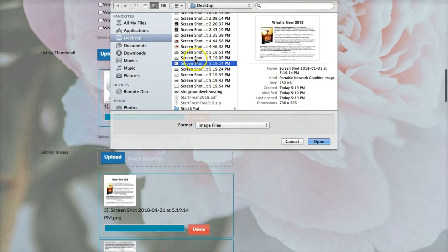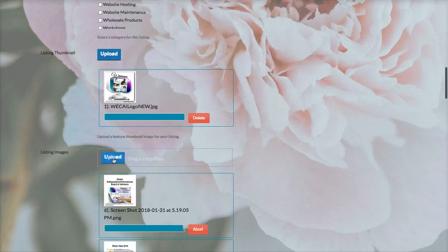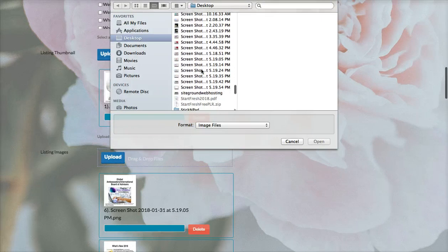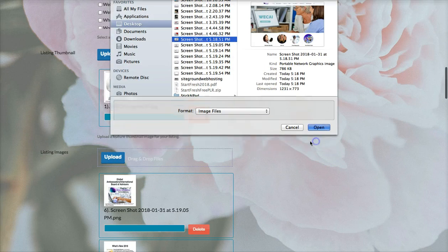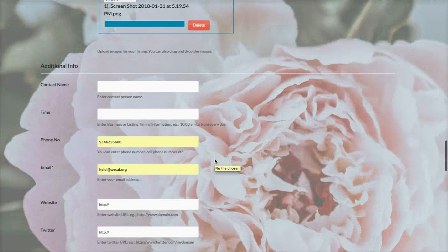So we've done the What's New, so I'm going to do the Global Ambassadors. I may just delete that one because that's probably a little too much. But it gives people an idea of the size of the organization. So that's our home page. And that's it. All right, so now I'm going to go down here and I'm going to put my contact